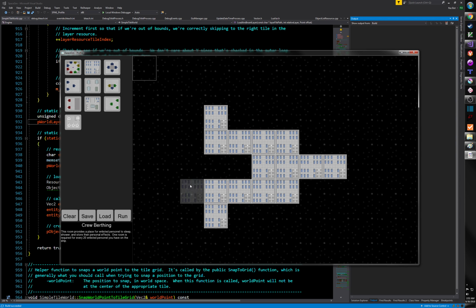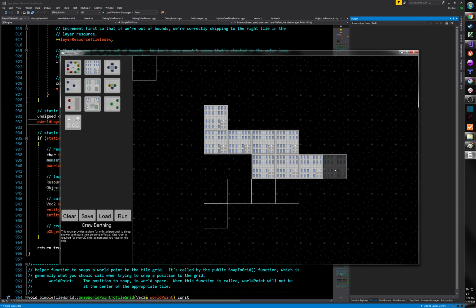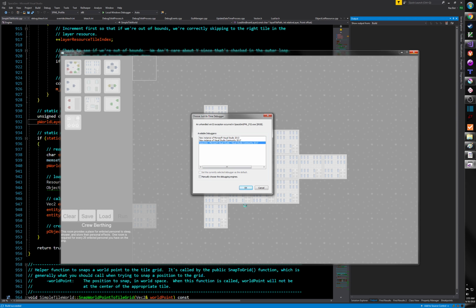So a couple of issues, which I think are related: if I add a couple of things here, I do save, then I'll change these and do load, it clears everything. So it tells me that it's not actually saving for some reason and I don't know why. So if I hit run, crash. So that's bad. So if I debug this program,